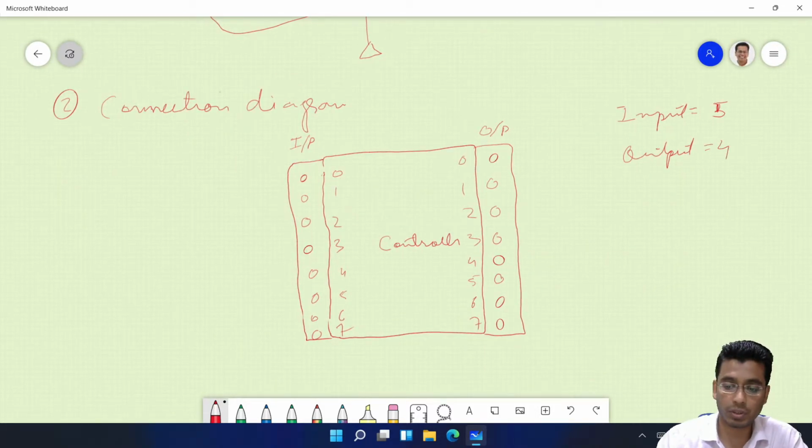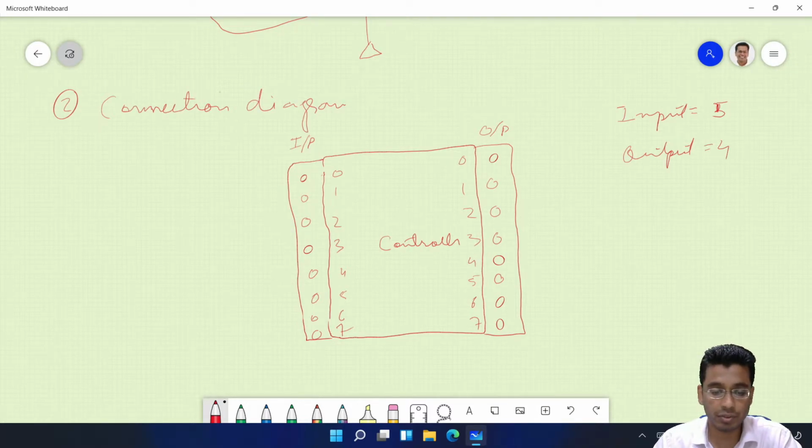Before you tell me what these 5 and 4 are, does everybody agree with this 5 and 4, or does someone have some other figures? Sir, I think one input and four outputs. Someone has said 1. Anyone else with some other figures?